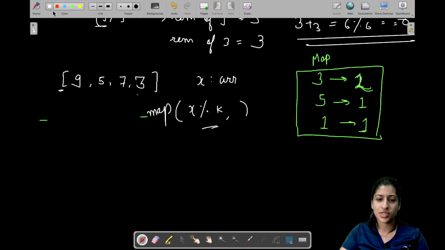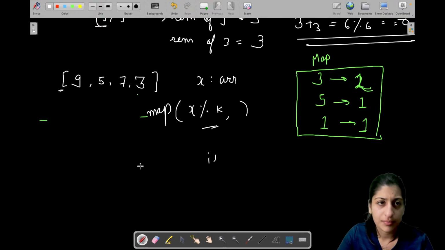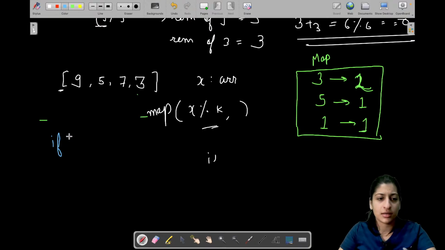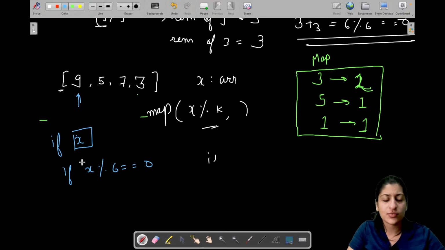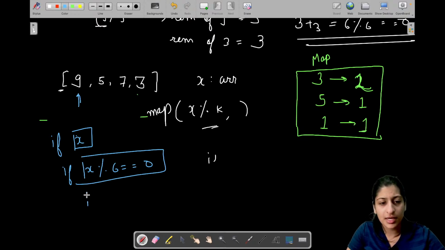Now your task is to check that first thing. Let's say you are at this position, so ARR of i, let it be x. Okay, you are at x. So if x remainder 6 is equal to 0, first of all you have to check if your remainder